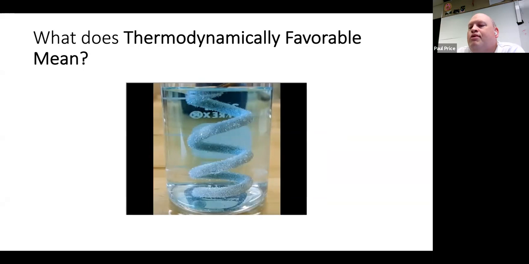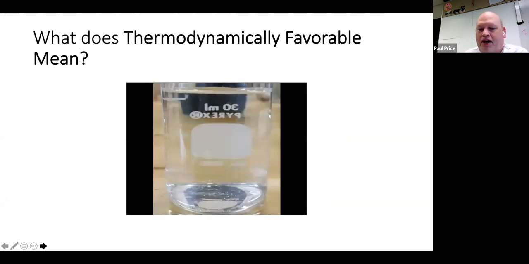So when we say thermodynamically favorable, what we're saying is that the reaction should happen if we just mix the reactants together. We shouldn't have to do anything. Shouldn't have to add in the energy or anything else. And the reaction should just occur on its own moving forward, okay? Now,